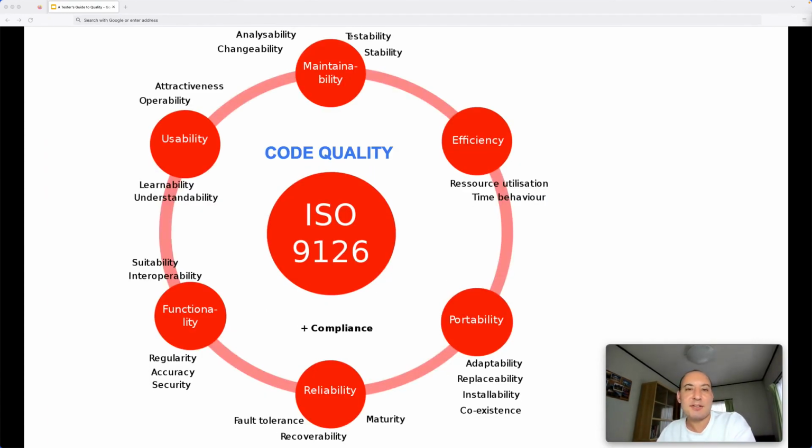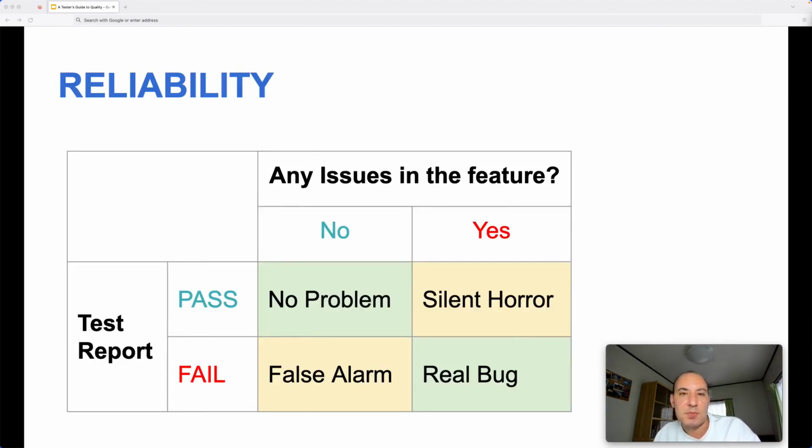So of course, again, it is not only functionality, but of course there are lots of different aspects of the test code quality. For example, the maintainability, the understandability, reliability, robustness, efficiency, portability, scalability. There are lots of different aspects of quality. So we should keep in mind lots of different dimensions of the quality while implementing our test code. And we will discuss why they are important. Let's start with the reliability aspect.